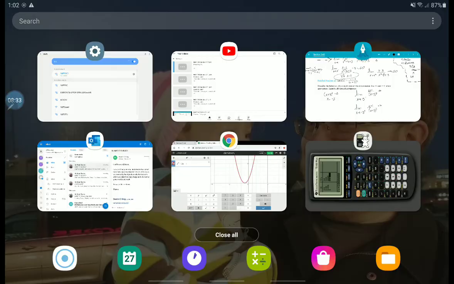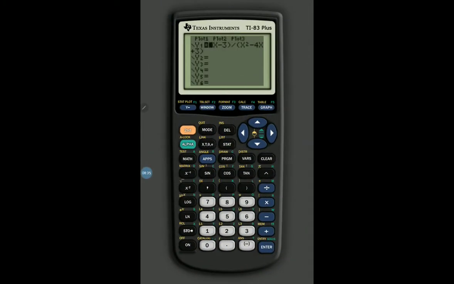So I'm going to go back to my calculator. I could just look at the graph. As we approach -3, you can see unbounded behavior on the left. This is going to -infinity, and on the right. But if we wanted to prove it, we could always go to the table,